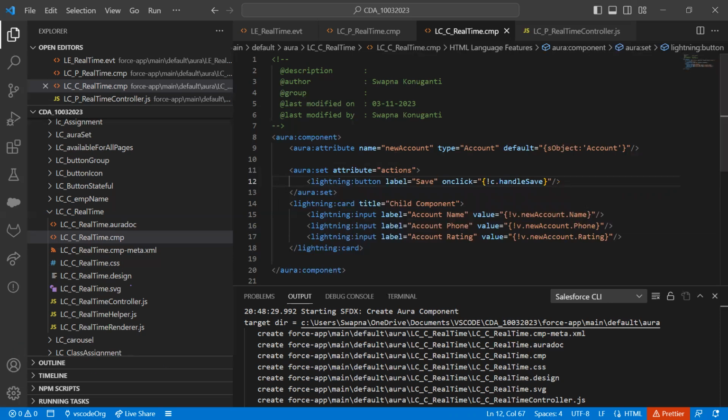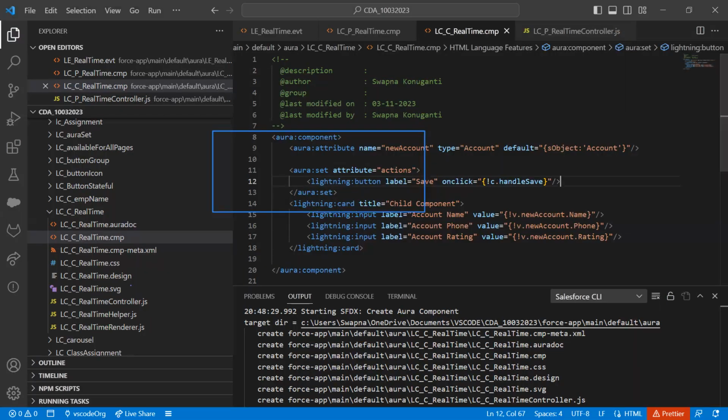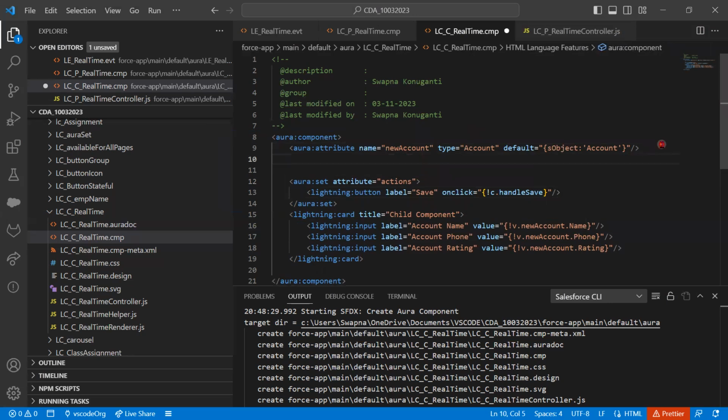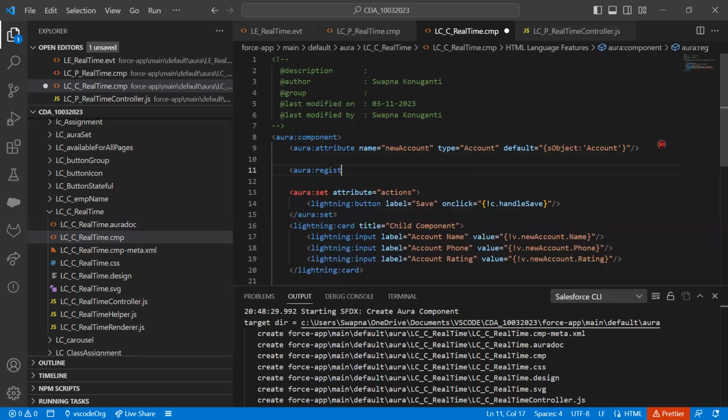In the child component, what is the UI there? This part. We have implemented this part. This is done. Now I need to register the event from the child component. So let's go ahead and register the event. Aura colon register event, name equal to